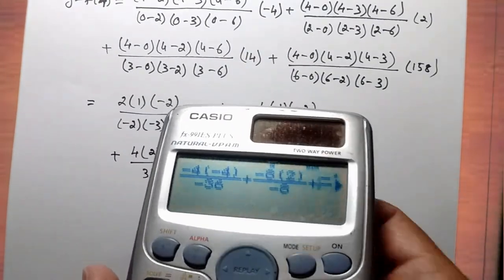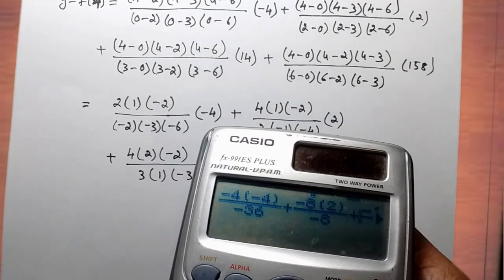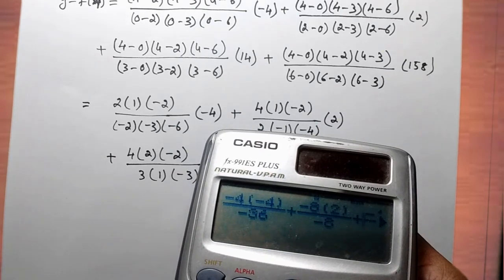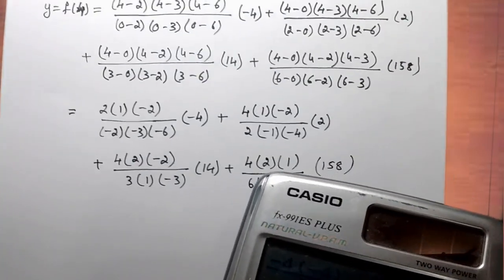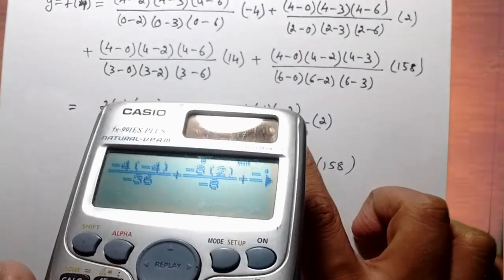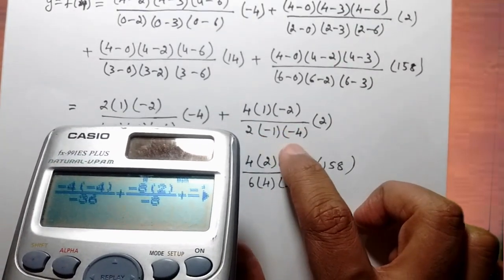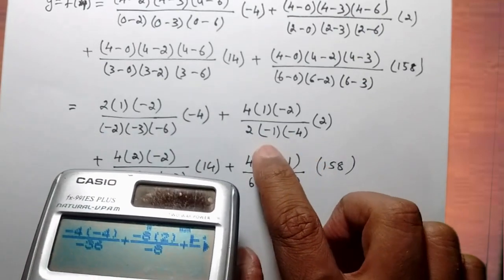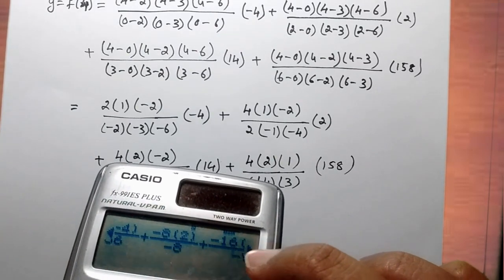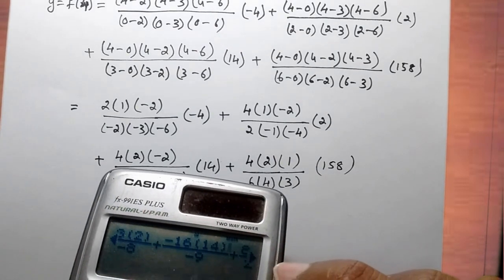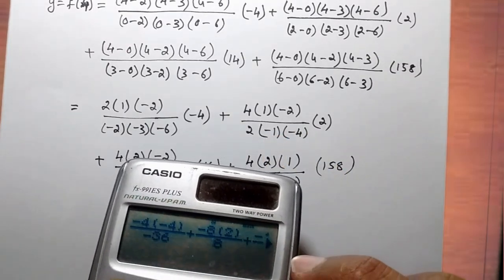So you can see over here the first term what I have written: I have multiplied 2 times 2, which is minus 4, minus 4 into minus 4 divided by, I have multiplied the denominator value and written minus 36. In the next term, again I have multiplied the denominator value and written the expression over here. So minus 8 divided by, in the denominator, minus of minus will become plus, so you have the positive value there. So minus 8 divided by plus 8 you will be getting.